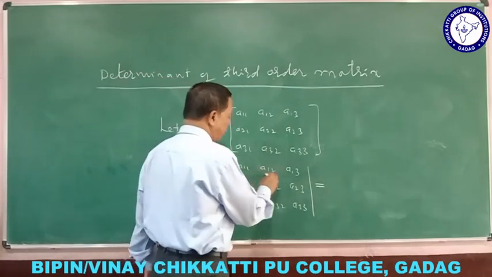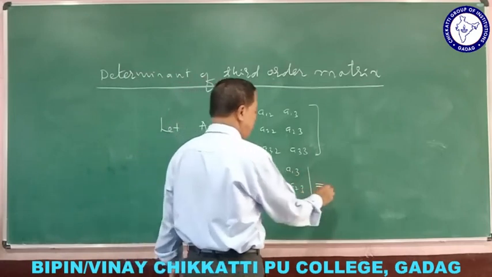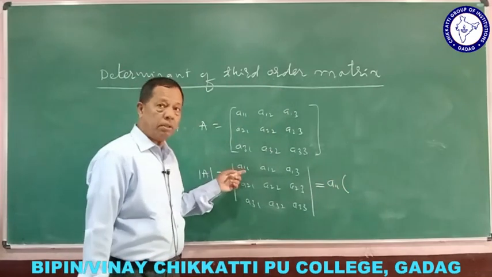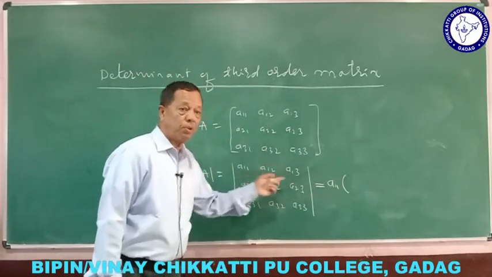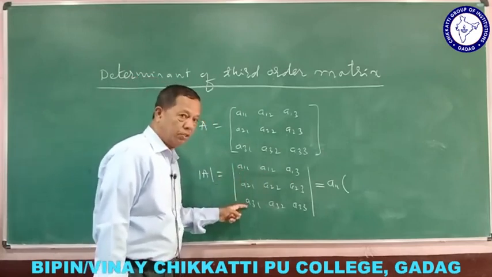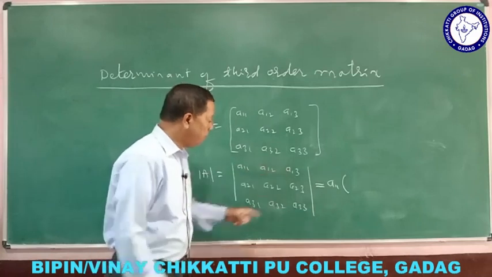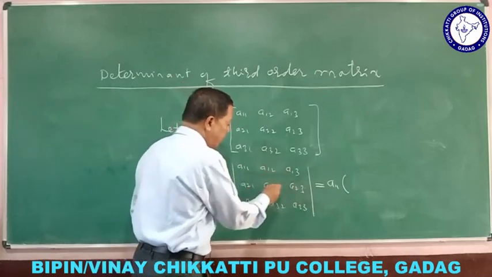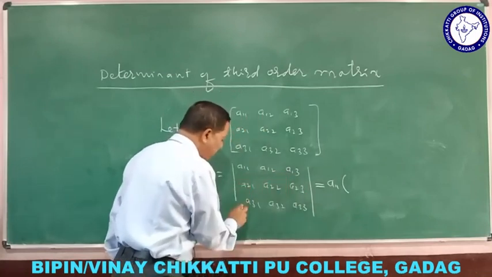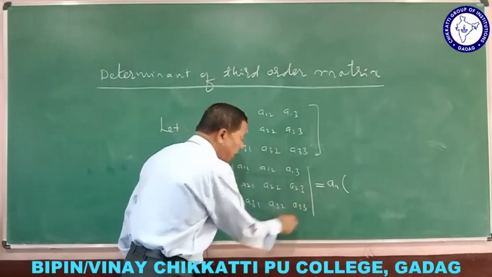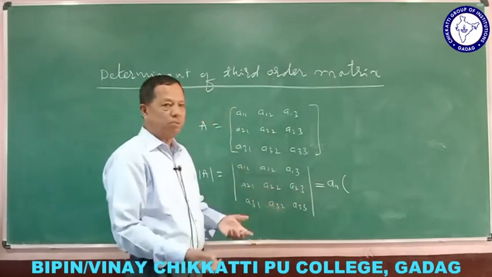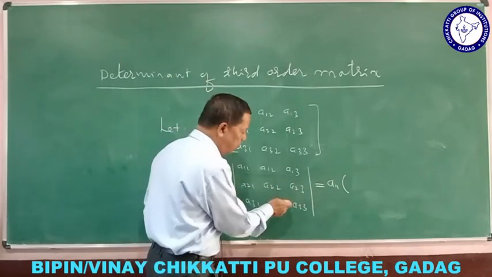What we do, along with this we are going to see this. First we see A11 into bracket. Which line have I selected? First line, first row. A11 equal to, what we do here? You have to delete this row. This is not a row, this is a column, and this is a row. Then what is left? These elements. When you have taken this, the concerned row is deleted, the concerned column is deleted, only this remains. And here it is a second order. This is what order? Second order. How to expand second order you have already studied. This into this minus this.